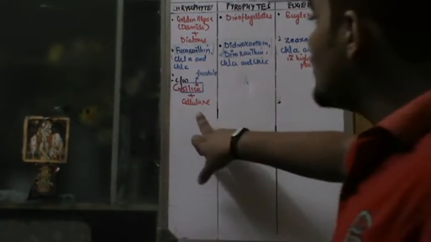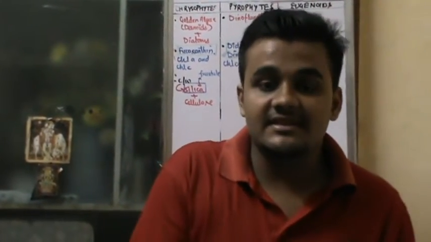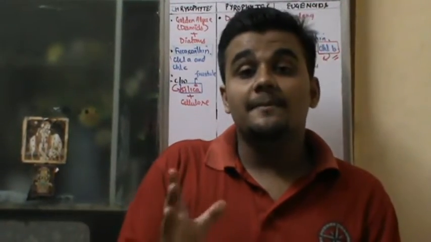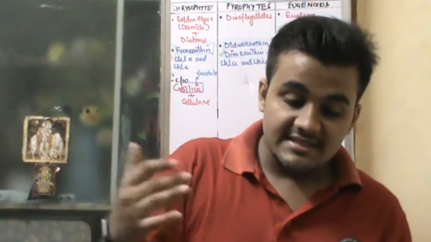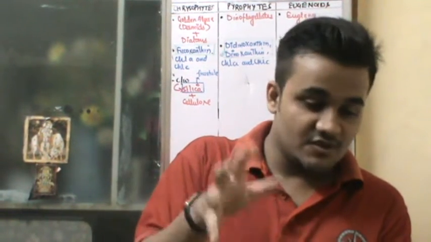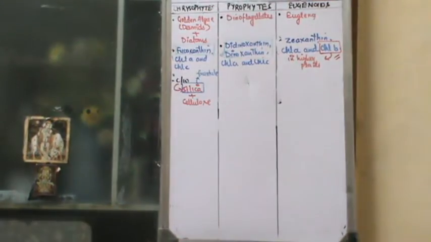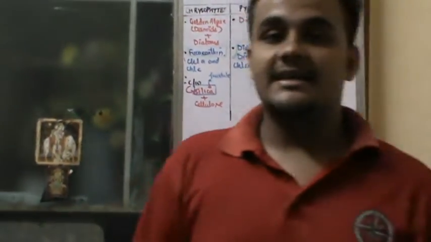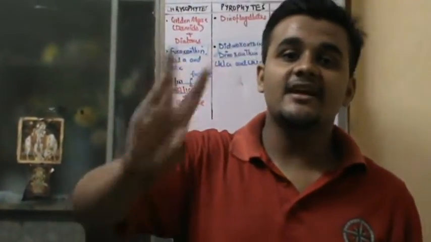Always remember, due to the presence of silica, the cell wall of these chrysophytes is very tough and does not get destroyed even after years, even after their death. After death they deposit on the bed of the sea, and at the bottom of the sea they form particles called diatomaceous earth, diatomite or Kieselguhr. These are very important terms that you have to remember.